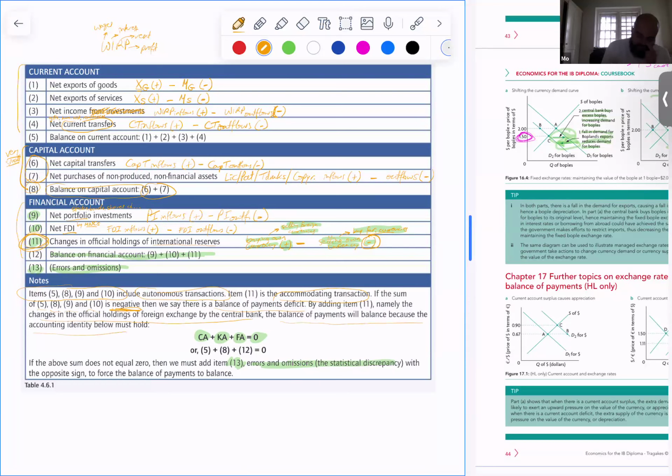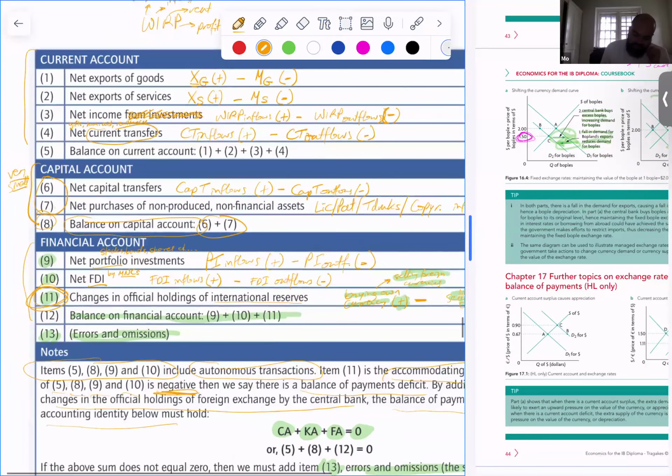So if the sum of 5, which is the balance on the current account, 8, which is the balance on the financial account, 9, which is net portfolio, 10, which is net FDI. If the sum of those 4 items is negative, then the government must sell foreign currencies and buy its own currency. That's the